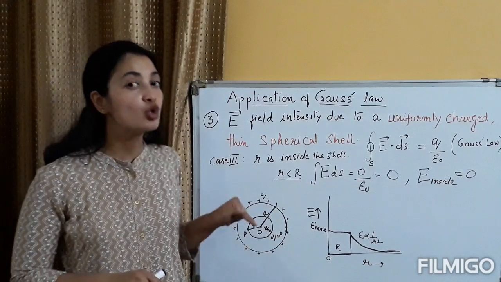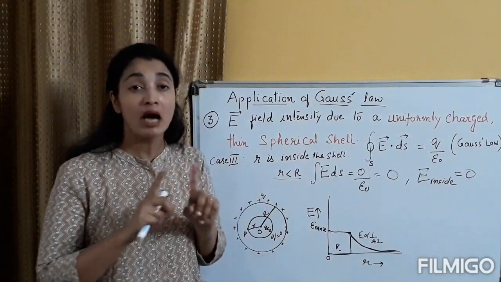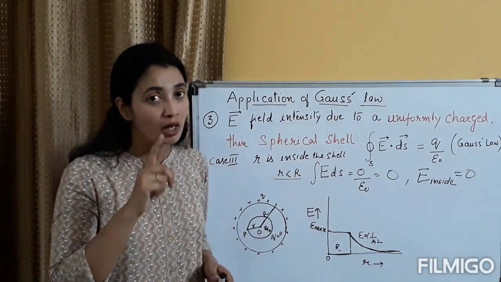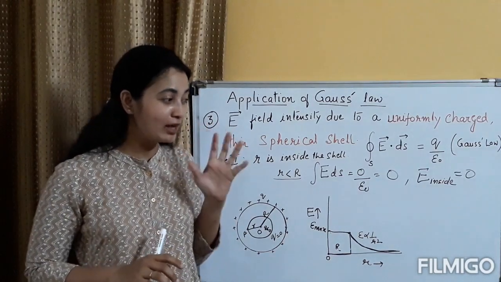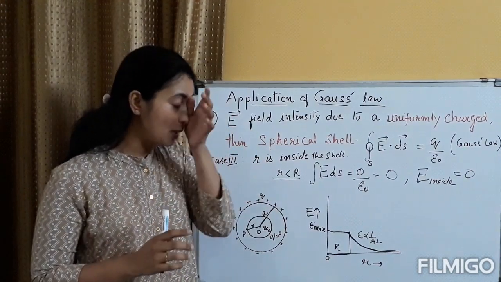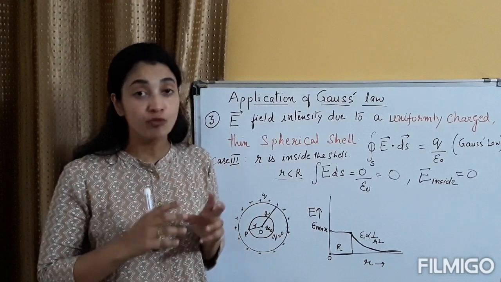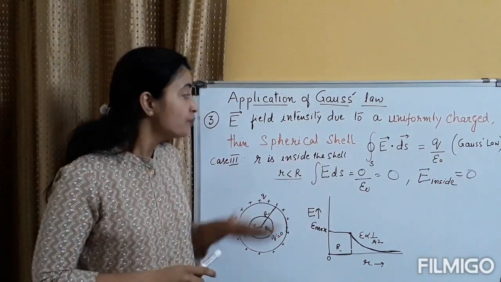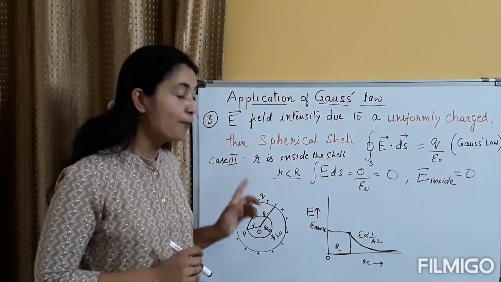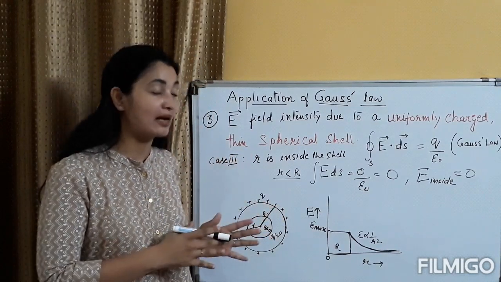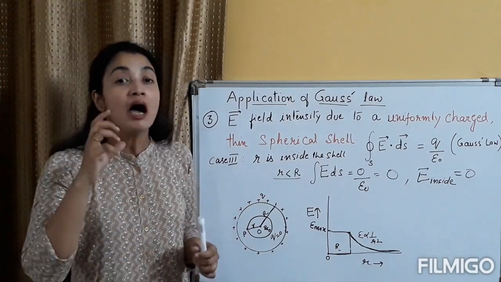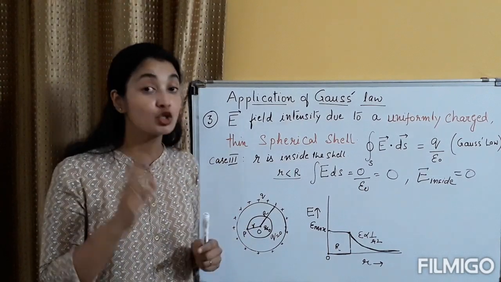And remember, we are doing it for a hollow spherical shell. We are not doing it for a concrete shell or a conducting shell or for a solid spherical shell. So we have a different situation for a concrete or a solid sphere, which has to be dealt with separately. In your syllabus, basically the hollow spherical shell is there. So make it clear in your mind that what you are studying is according to your syllabus. And we can, of course, in other episodes deal with the conducting spheres, or solid spheres.